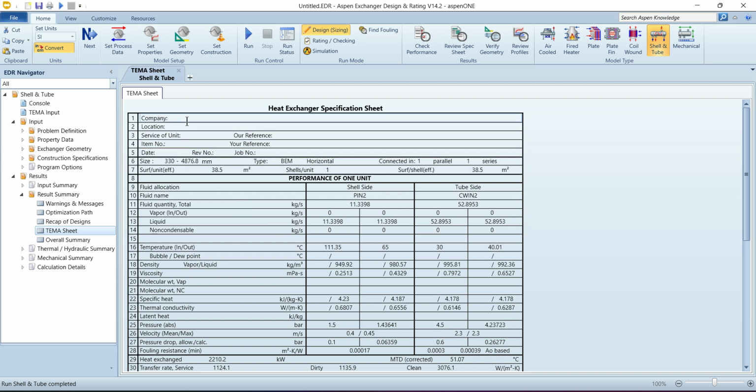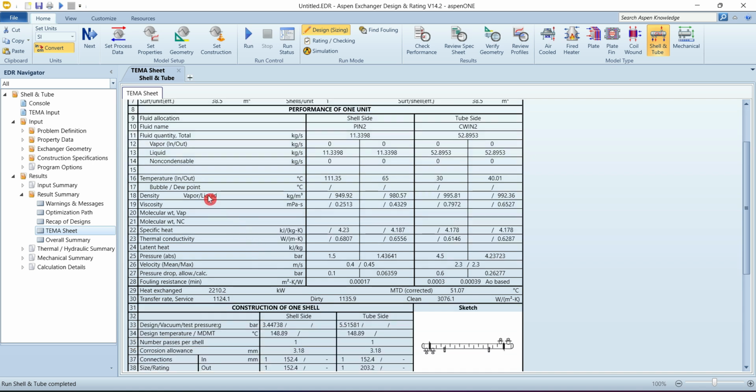If you have defined the overall informations of the company, locations, then item number, specifications in the earlier page, then they should have been displayed over here. Otherwise, this is a common TEMA specification. Anybody working with the shell and tube heat exchanger or the manufacturer, they can easily read this specifications. It gives information of the fluid, flow rates, the temperature inside and outside, some physical properties including density, viscosity, specific heat, latent heat,